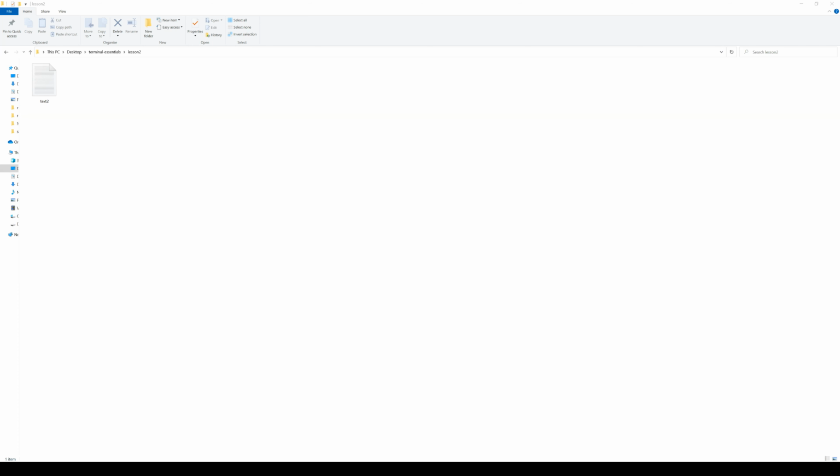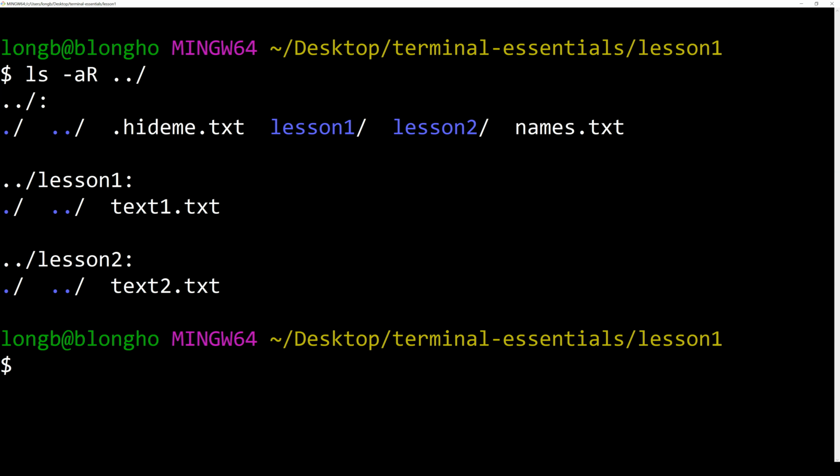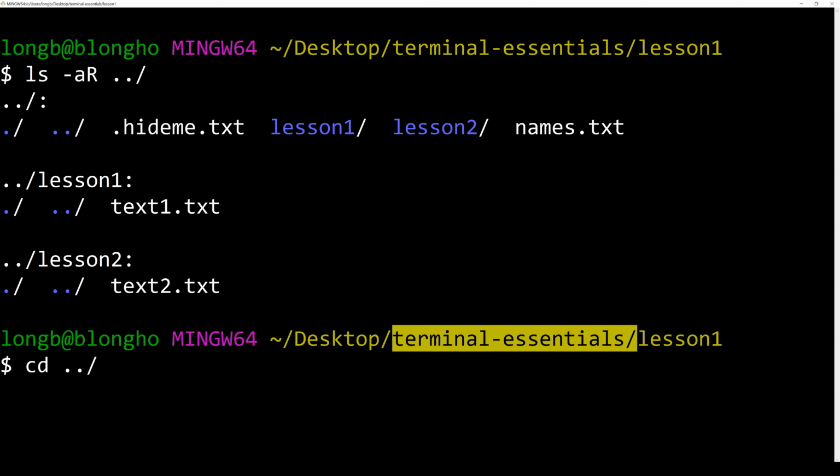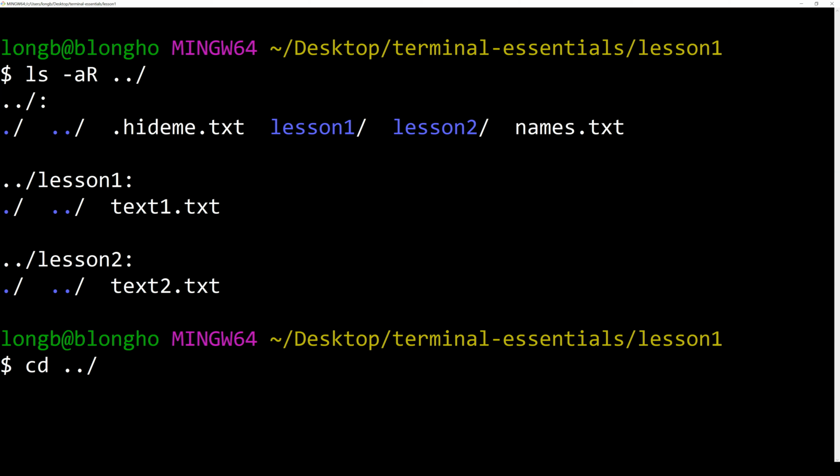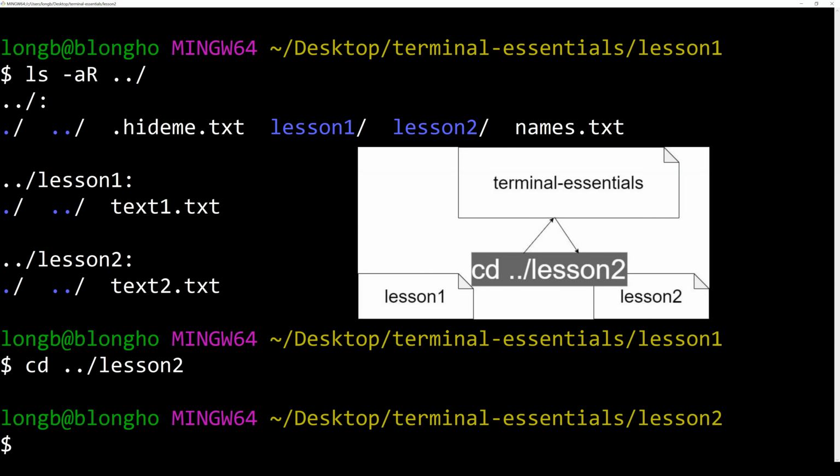In the terminal, this is as simple as cd. Remember, this is the parent directory. Now we are one step back. Now we are here in Terminal Essentials. We know that we have lesson 2, as we see. Here we have lesson 2. We know that it is there. Lesson 2. Now we have moved from lesson 1 into lesson 2 from the terminal.